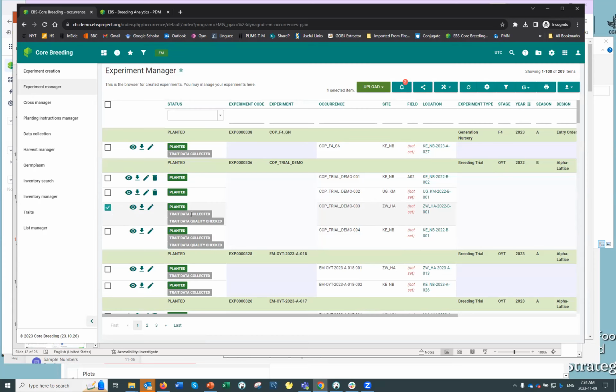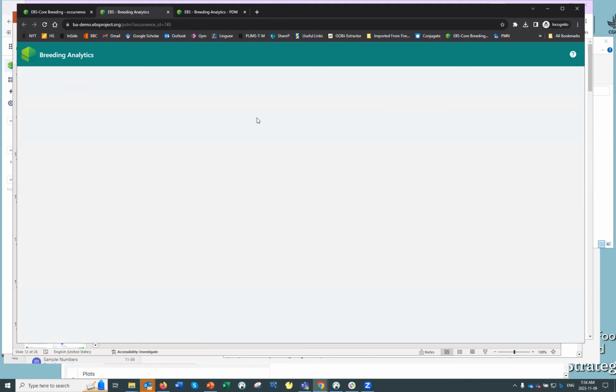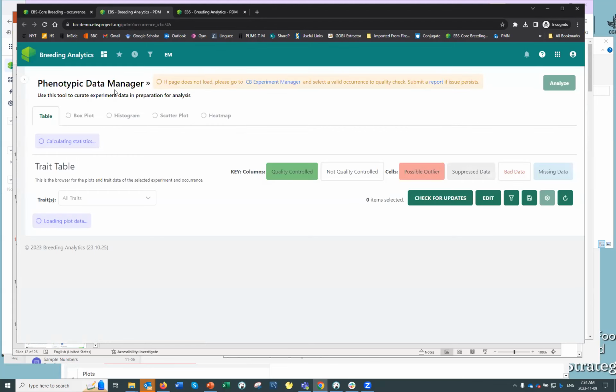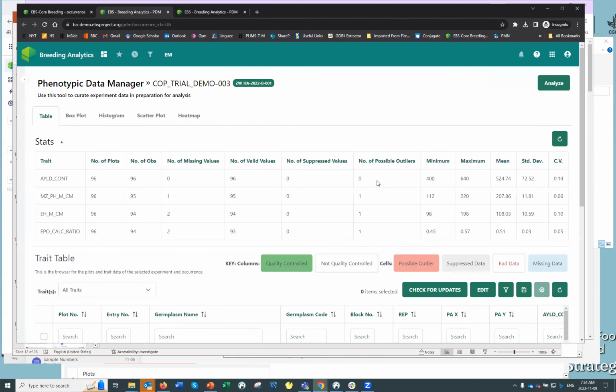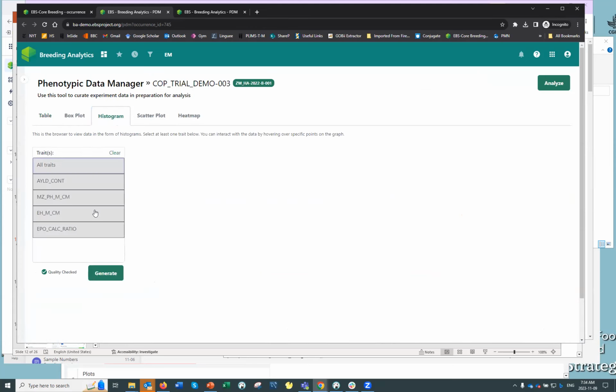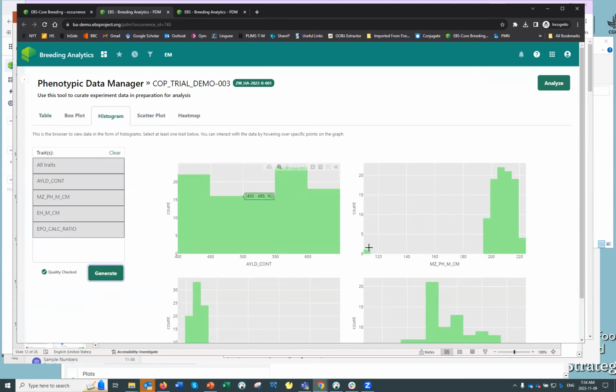So I'll just give you a quick sense that once data have been loaded, it's possible to go look at the data with another cool tool called Phenotypic Data Manager that can do some additional functionalities, such as highlight possible outliers that users can then suppress. And it also gives some more visual ways of looking at the data to identify potentially problematic data that should be suppressed before going to analysis.